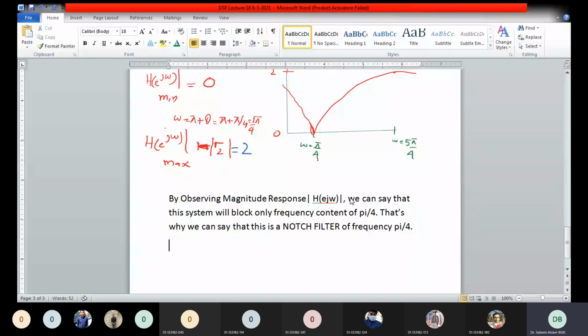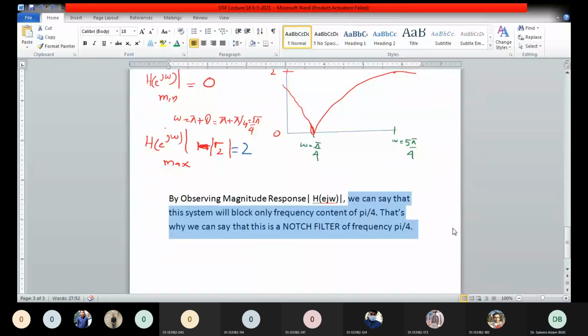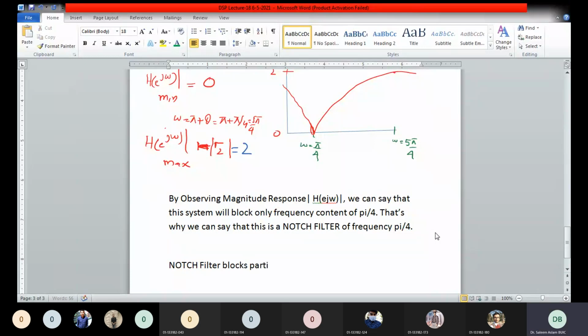Notch filter, sorry. A notch filter is a filter that blocks a particular frequency